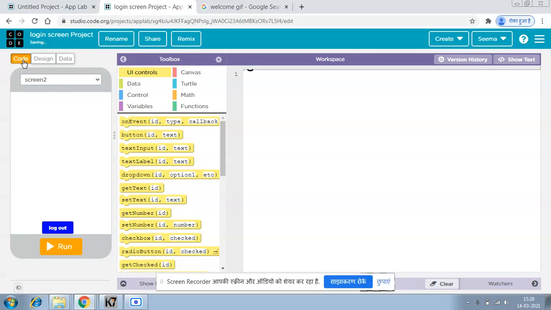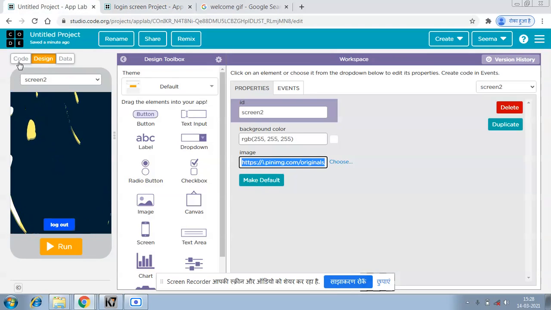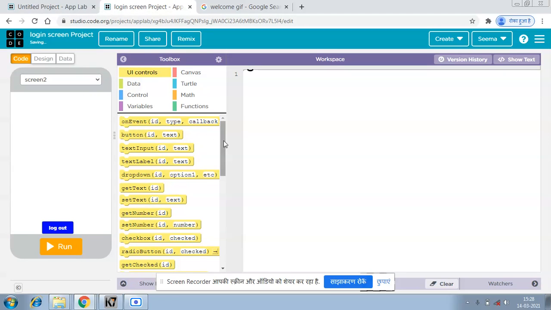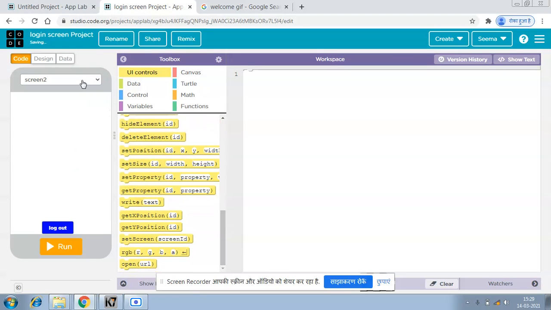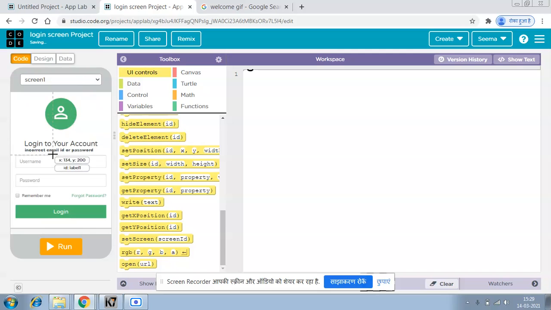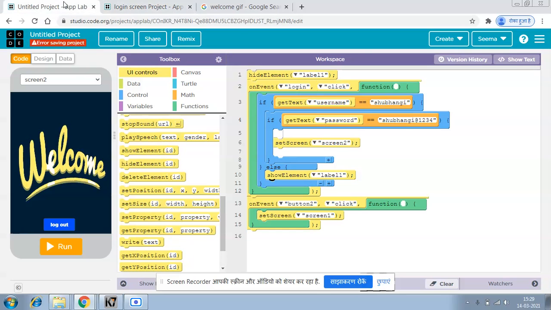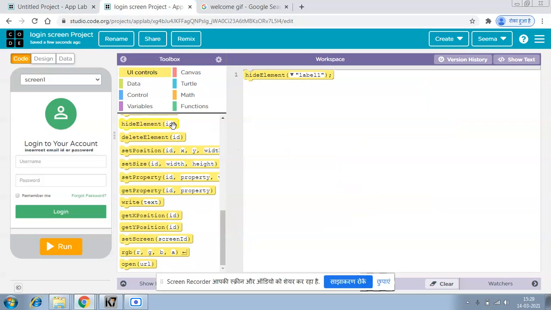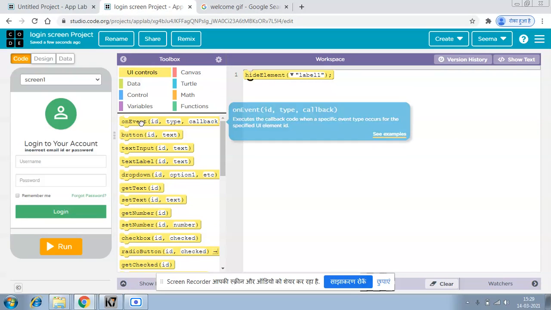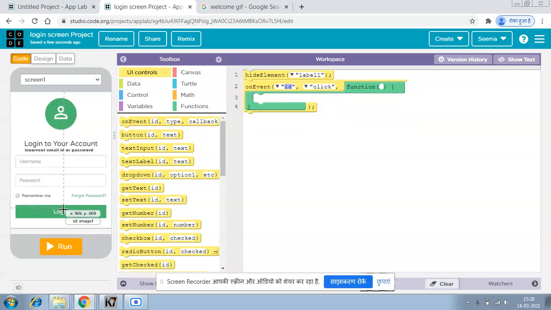Okay, so see, now we are going to do the very interesting part, which is coding. First, I have to hide this element of my screen 1. I will hide the label 1. Just pay attention to the IDs of it, otherwise you will get so confused. So see, on event, when this button